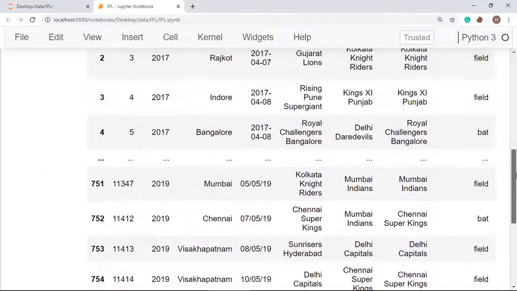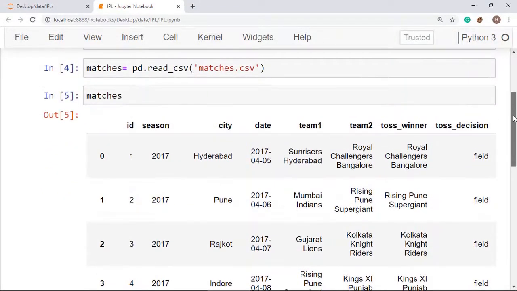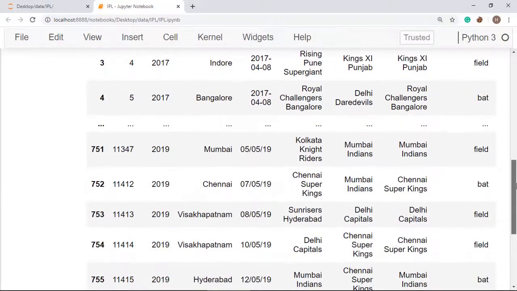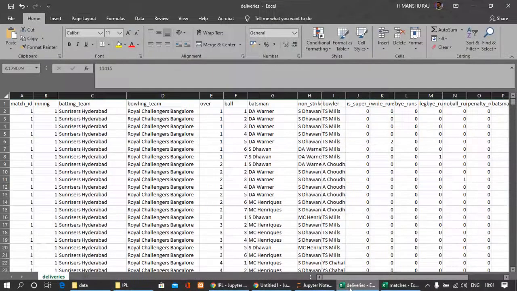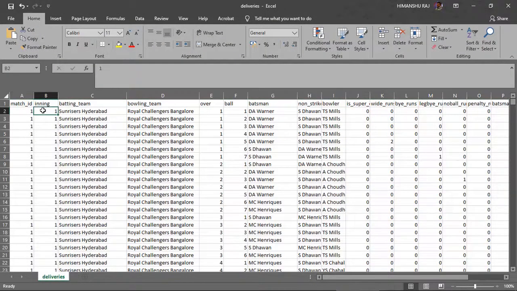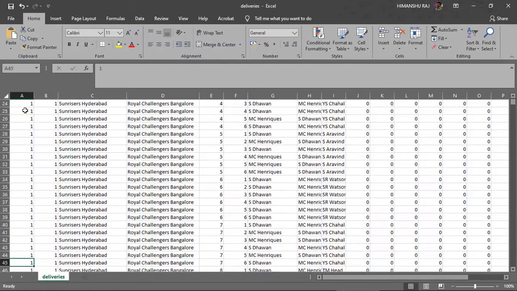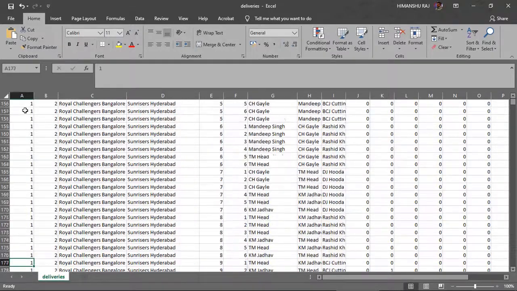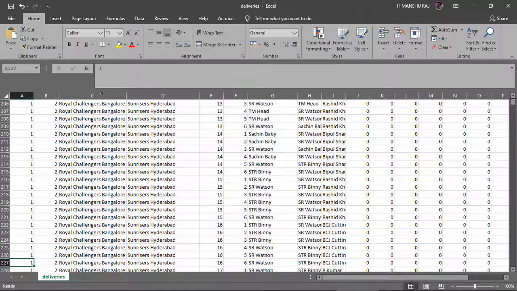All right, now you might be confused about how this has been given the ID. This has been given the ID according to the deliveries section. See here, the match ID is 1 for every match, and then match ID 2.